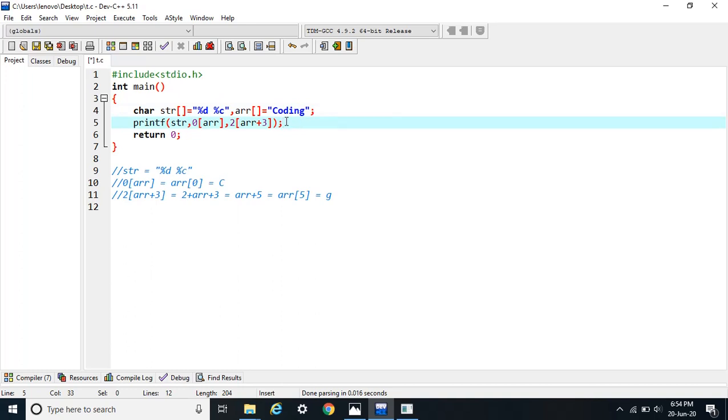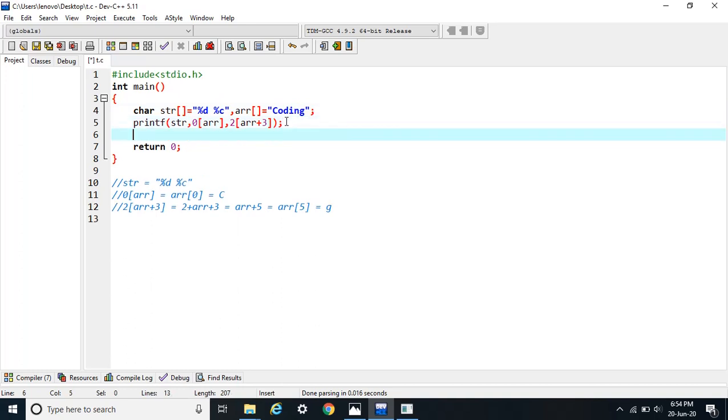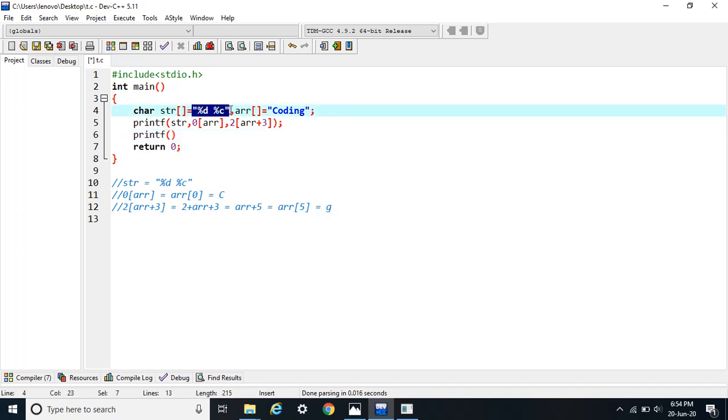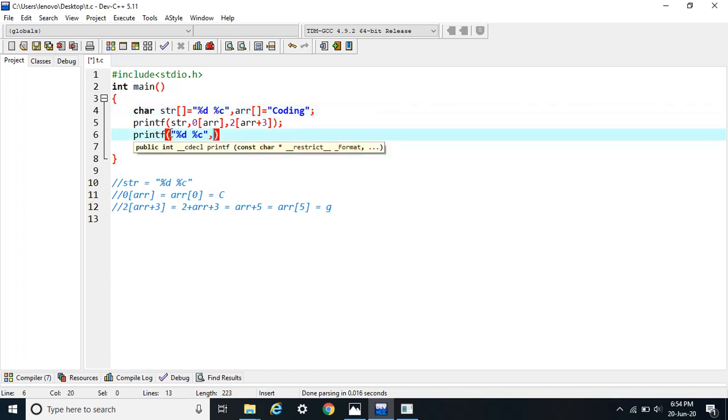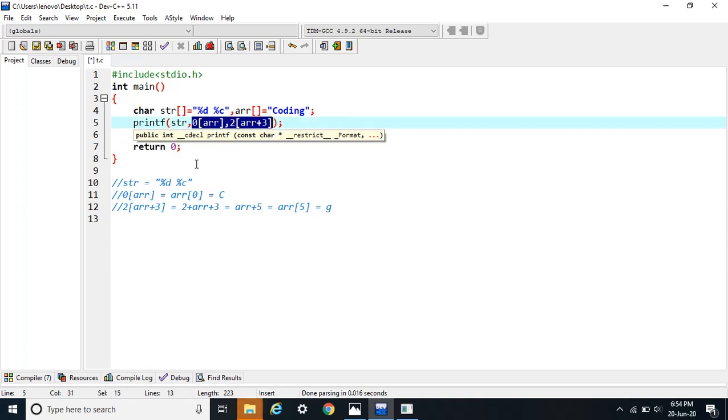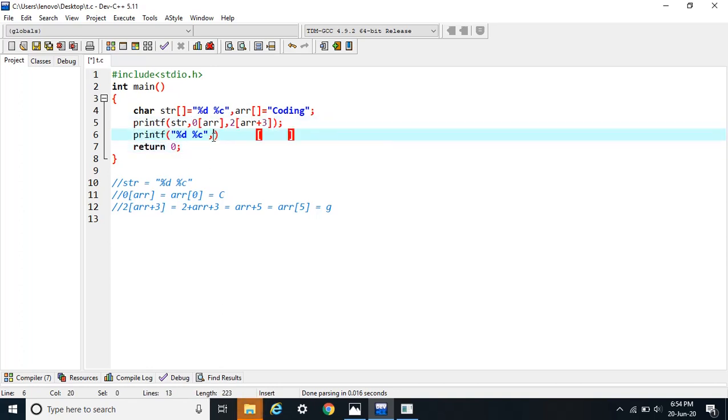So if I add a statement like this, suppose printf, let's forget this str, let's directly place this, okay, and after that if these were the arguments. Alright, so now can you tell the output? So this %d is for this.